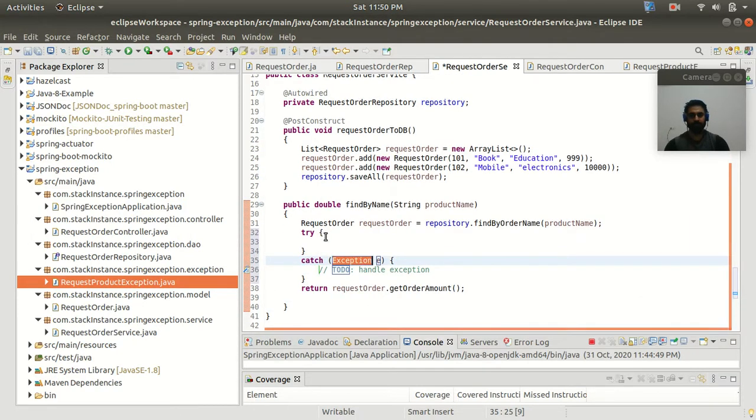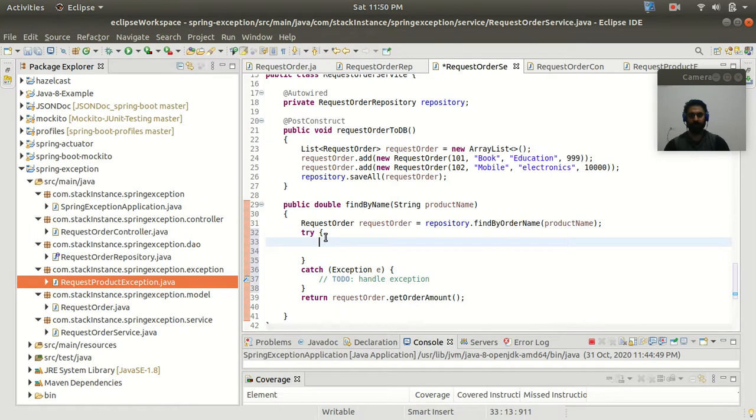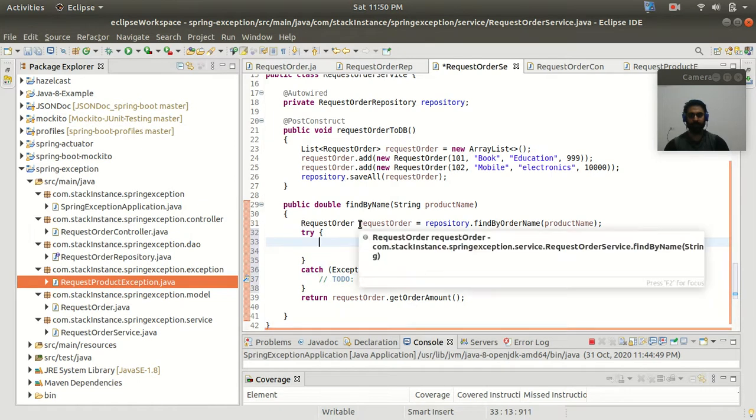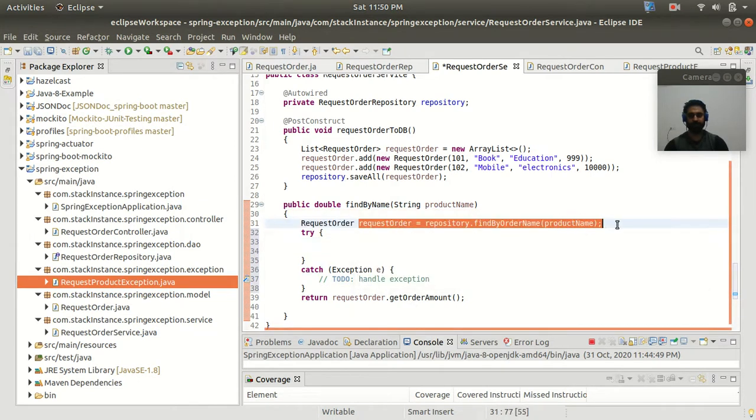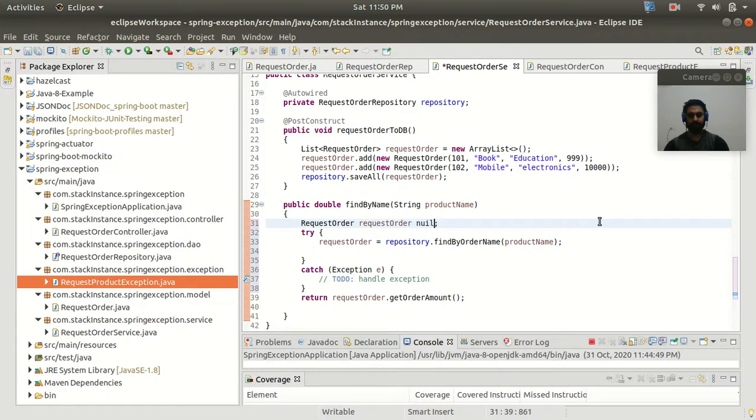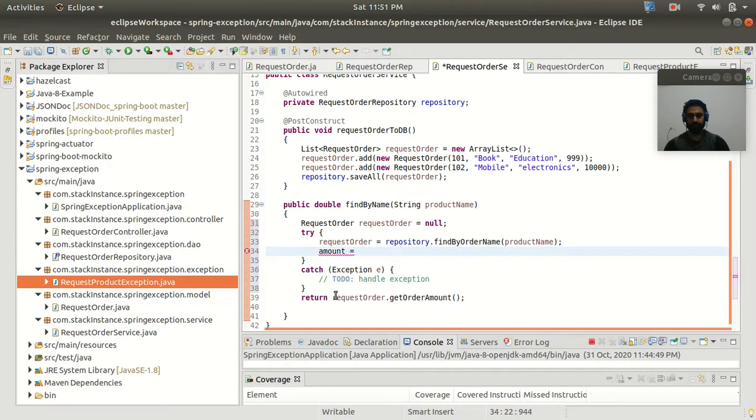Inside the try block, I will do request order equals null, and then I will store one amount value, calling request order dot get amount.